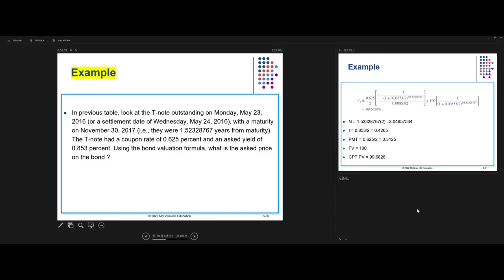Therefore, the annual payment is going to be 6.25, right? Divided by 2, then we get